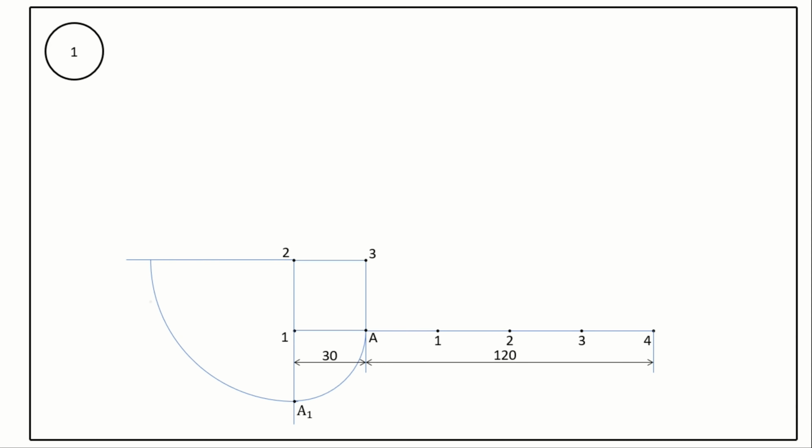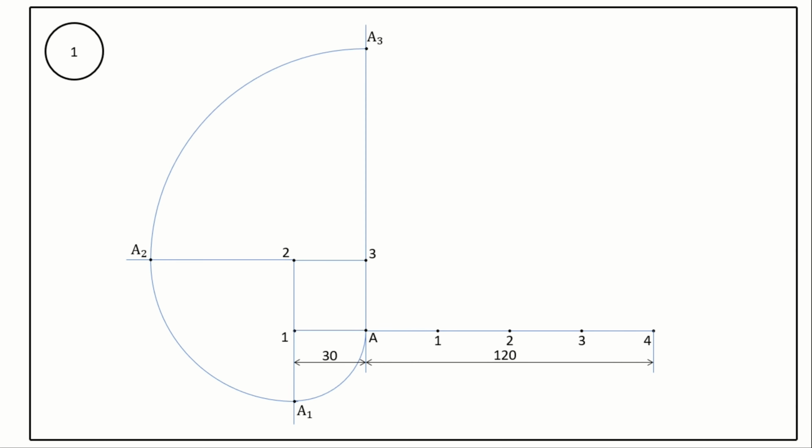Now after unwinding the thread from the sides A1 and 12, we will unwind the thread from the third side 23. To this 23 side, 3A is the adjacent side. From this 3A side, draw an extended line. Simply take a scale, keep it on the 3A line and draw an extended line. Take a compass, measure the length A3 on the horizontal line. This length measures 90 mm. Now keeping the point 3 on the square as center, draw an arc starting from A2. This arc cuts the extended line at the point A3.